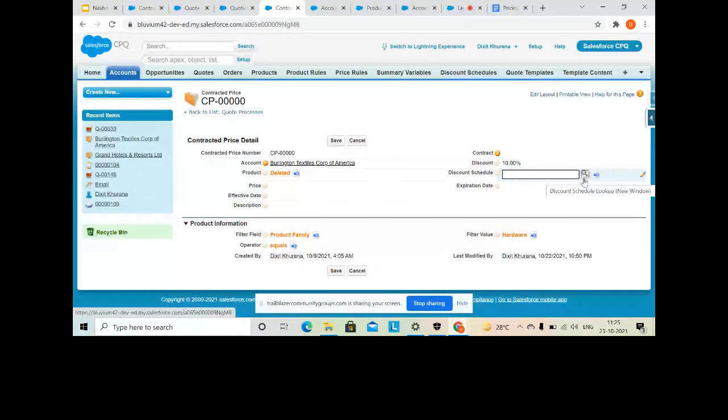Tiers means to say, let's suppose I have configured in such a way, there is a product named laptop. If I purchase two quantities of laptop, system will give me 20% of discount. If I purchase five quantities of laptop, system will give me 10% of discount or 40% of discount, right? In this way we set up the discount schedule, and discount schedule is always set up on the